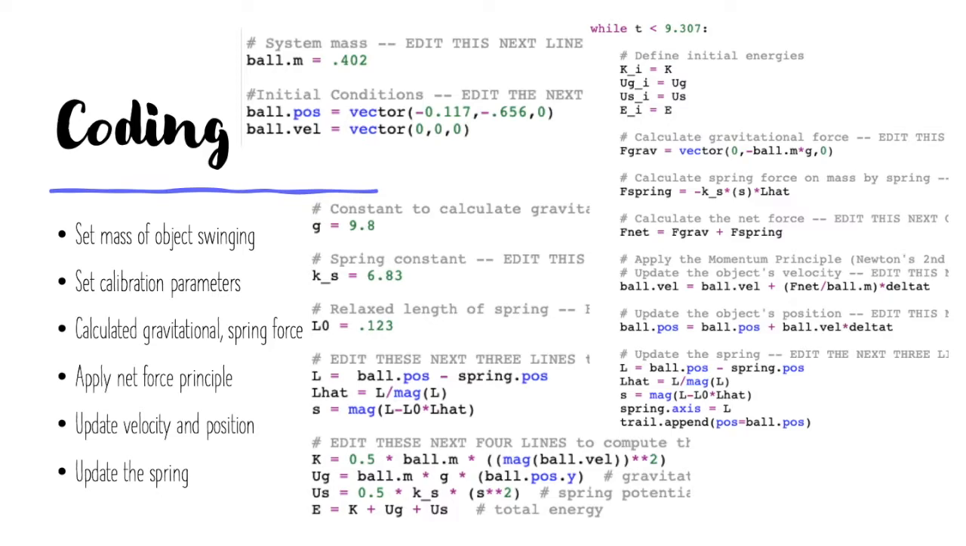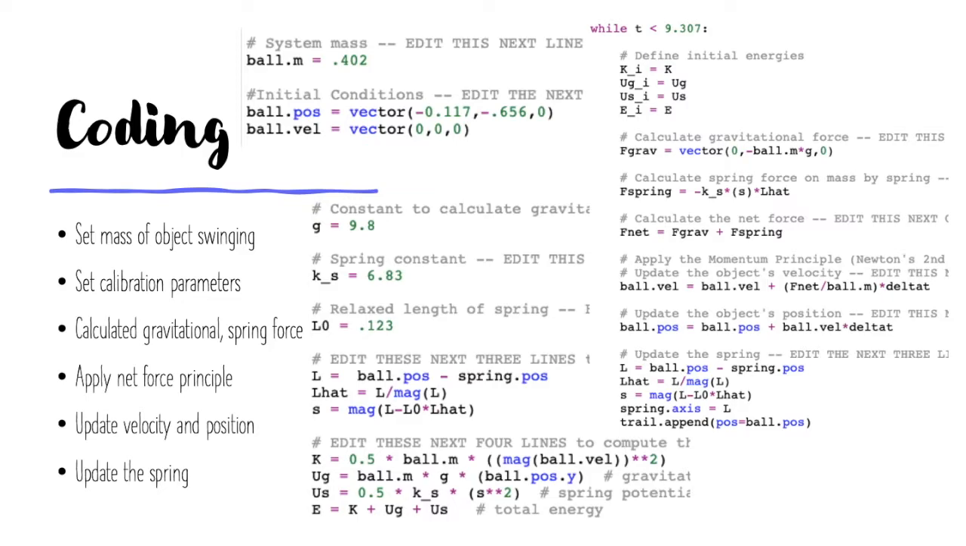We first start at the top left by setting the ball mass as 0.402 and the ball position. The ball mass was found from the edX videos, and the ball position was found from a Tracker video. Then, as we go down, we set the gravitational constant as 9.8, the spring constant, which we calculated from the videos, the relaxed length of the string, which we also calculated from the videos. Then we go into calculating L, L hat, and S, and we are able to follow these equations to do